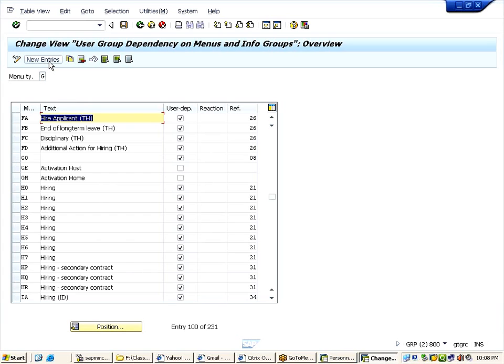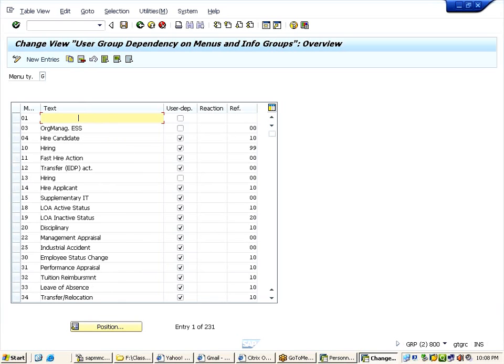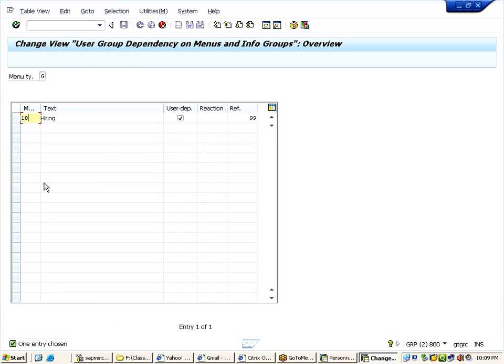I can go to new entries or copy any one entry. It is up to you people. So, I want one hiring info group. 10 is the standard hiring info group. I can select that and click on copy function. Now, code 10 is for standard info group.